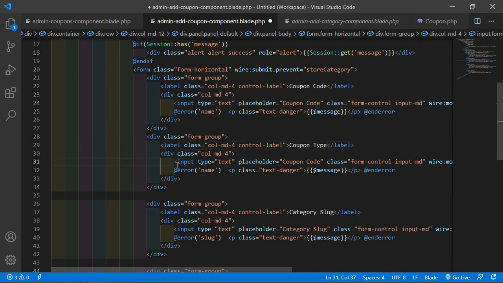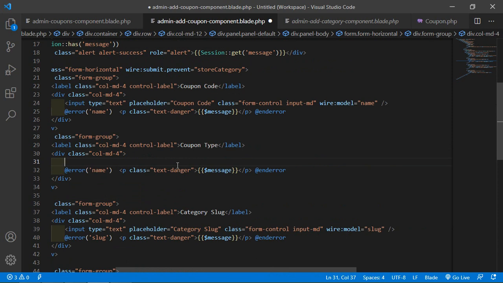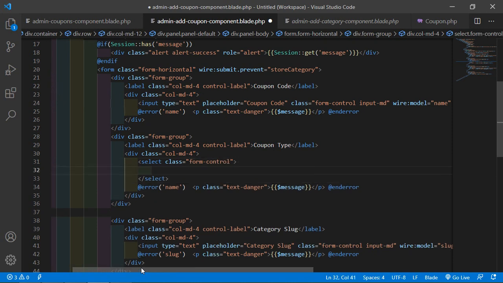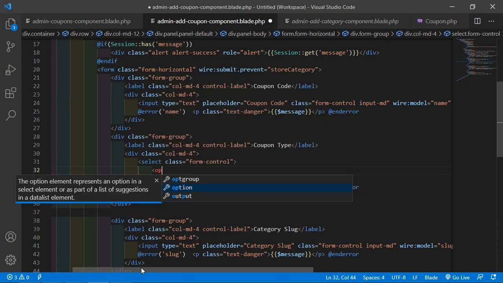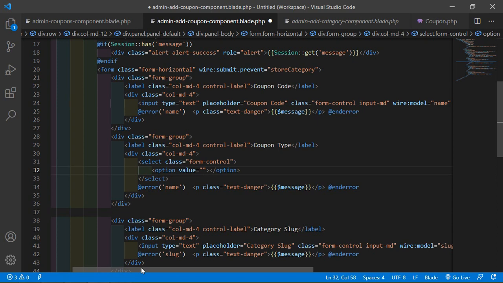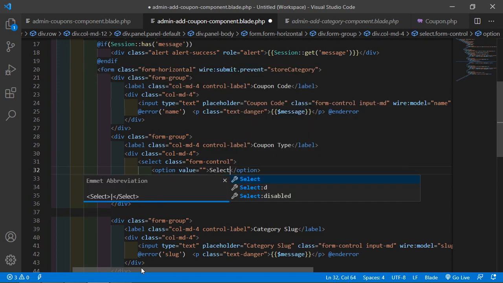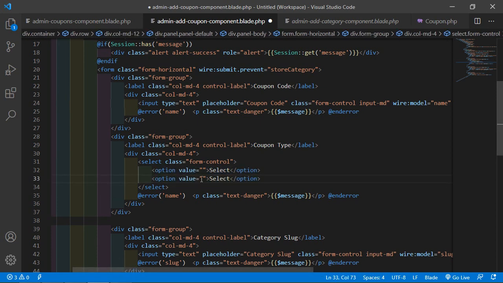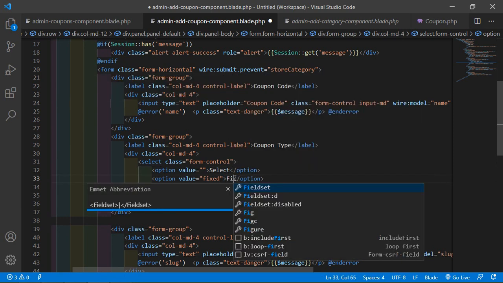and just remove this input text field and add here the select control. Okay, so right here select class, and class is equal to form-control, and inside this select add three options, and first option is select value blank, so right here select another option, so just copy this and add here the value fixed, and display text fixed.